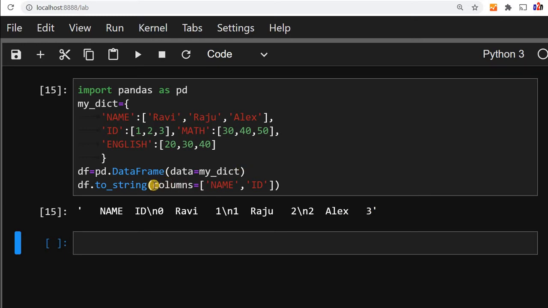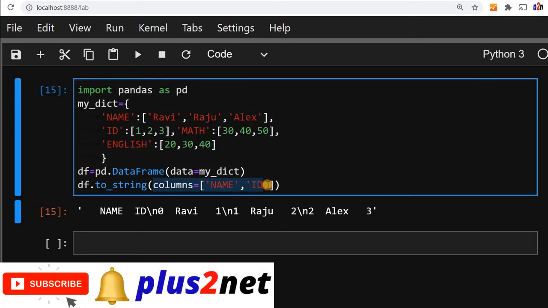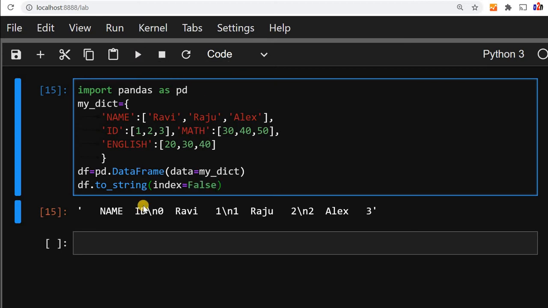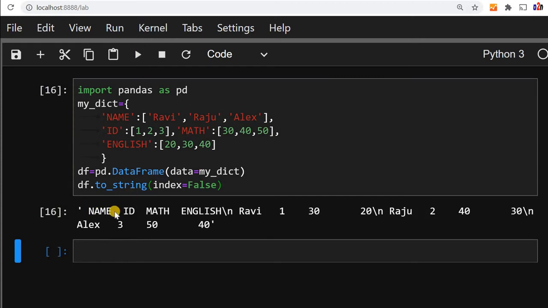If I remove the columns and say something else, I may suppress the index also. I will say index equal to false. Now there will not be any index. Let me run this. Just observe the index is there before this, here is one index, then here is one. So all these indexes will go. Now you can see there is no index. Okay, index is false, I have set it, so there is no index, everything is given.